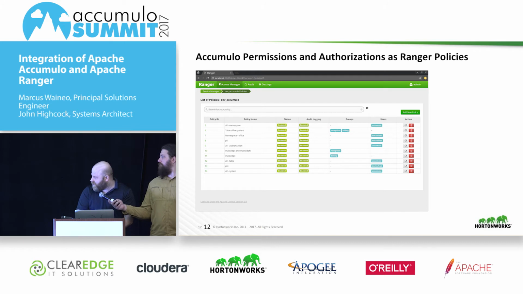So these are the policies that have been defined. It's a little difficult to see all on the same screen. There are group assignments, user assignments for the different sections for authorization, namespace, table, etc. Since this is awkward to see, maybe you're going to have to just trust me on the allocations for these. When we go to the console,